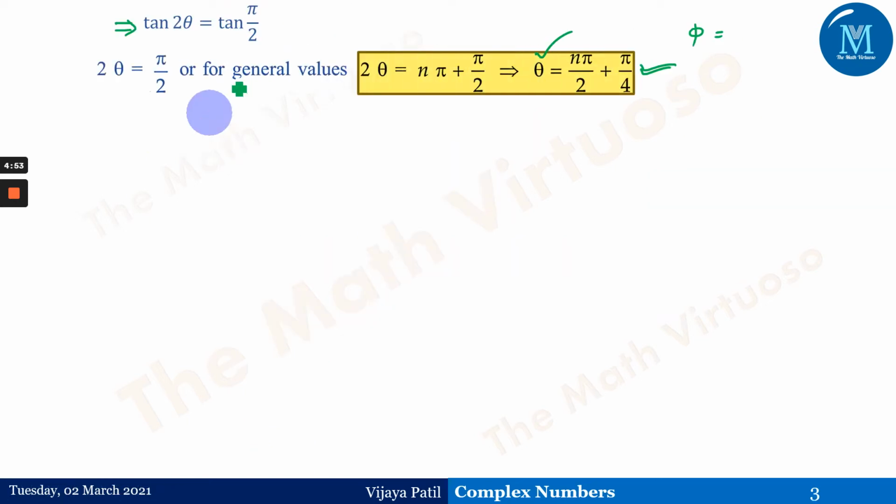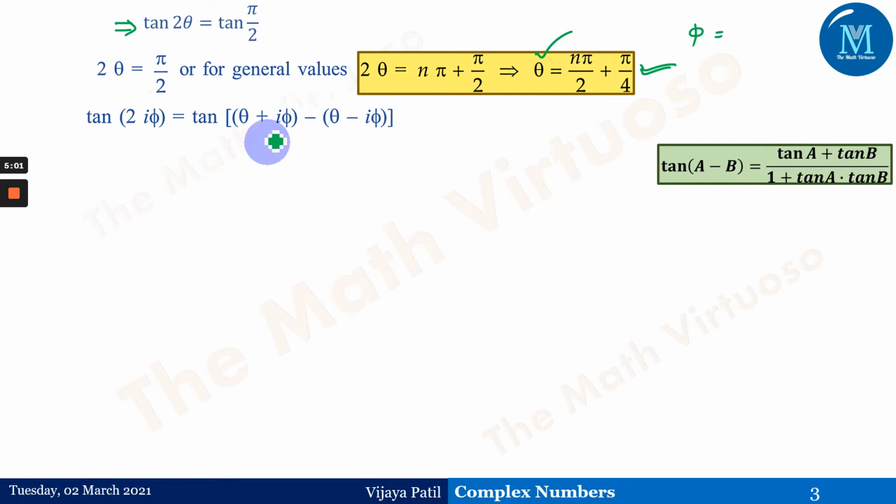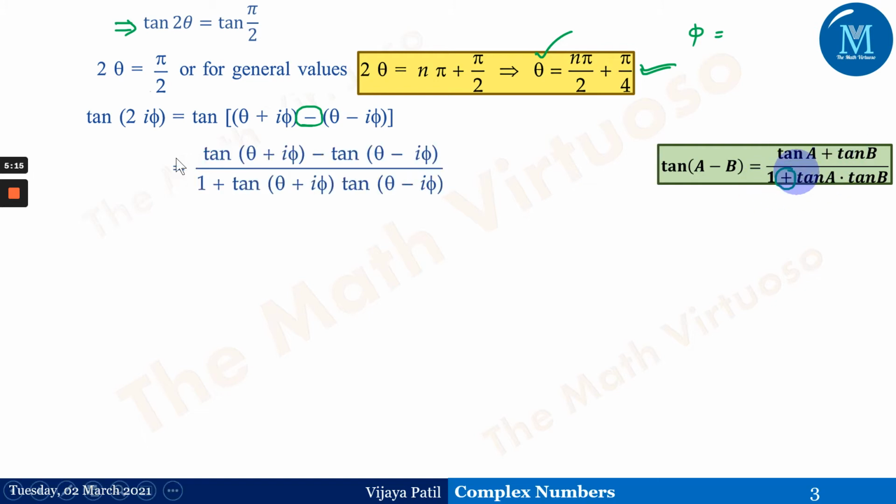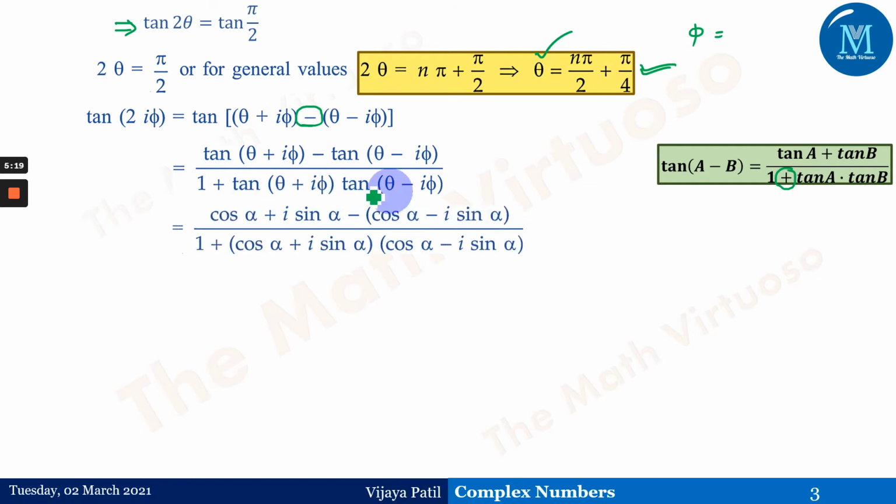And therefore, if you observe, we have done this in the same way. So 2i phi we have expressed as theta minus theta plus theta, and after that we get the same thing again. There is a difference of minus. Previously we had tan of a plus b. Here we need to go for tan of a minus b. Where is the difference? The numerator is the same, only the denominator has a change. So after noting down the changes and putting in the same procedure we followed in the previous step, we are going to do the same here.